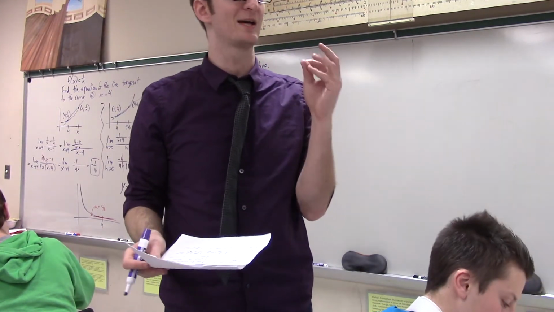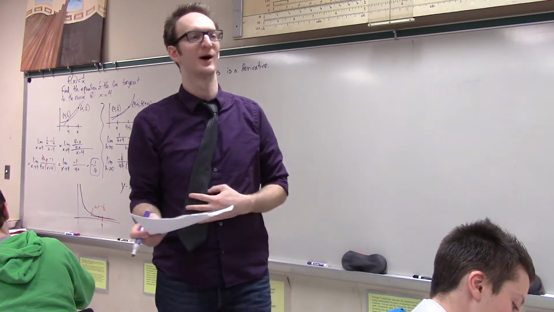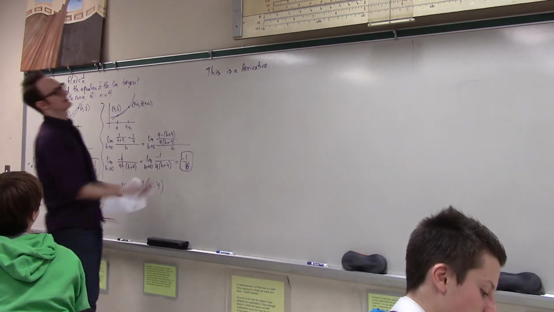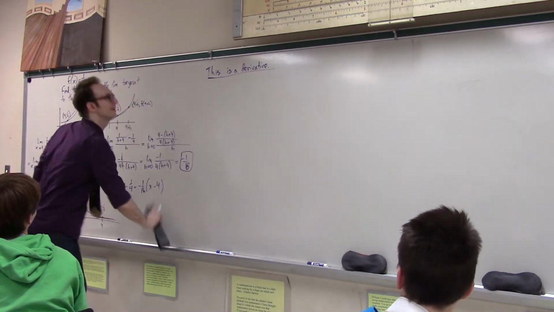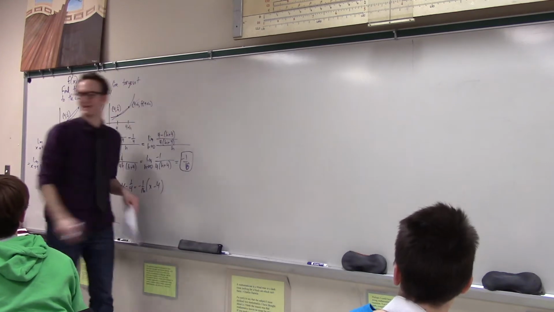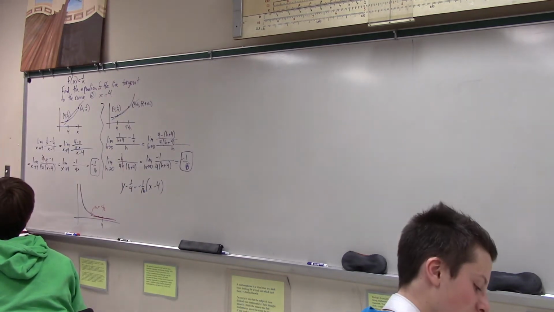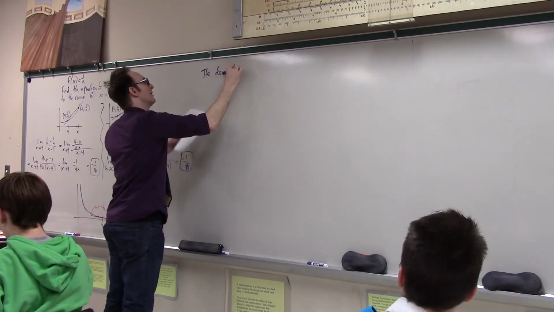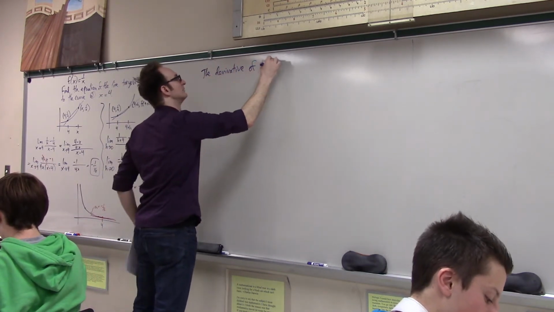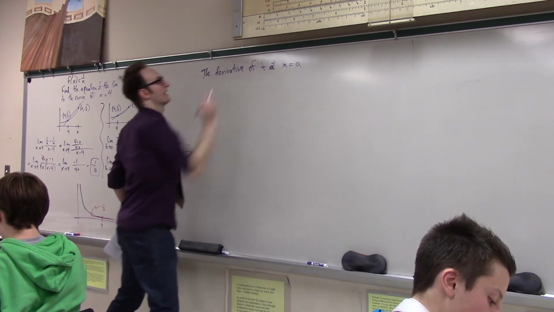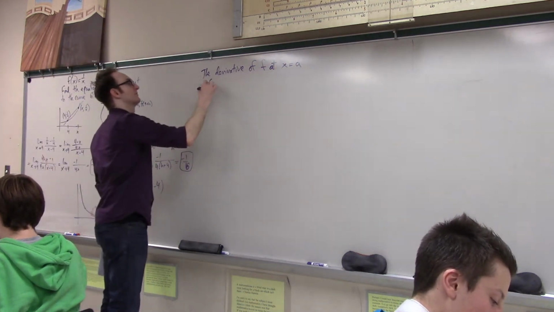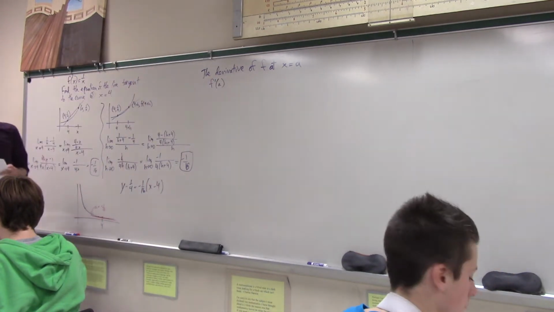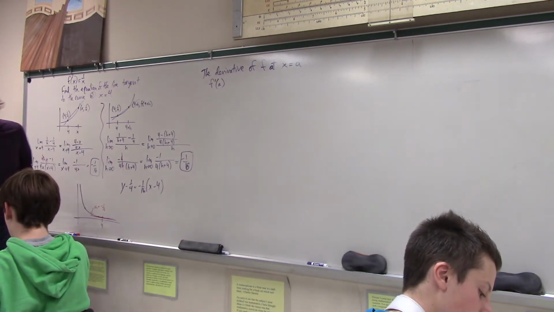A derivative is, at least the way I'm doing it, hold on, put your hand down, Emma. This is a stupid thing to write on the board. What is a derivative? The derivative of f at x equals a, which by the way we have some notation for. We write f prime of a. The derivative of f at x equals a is,